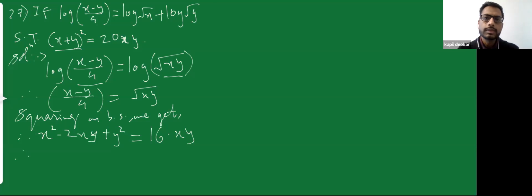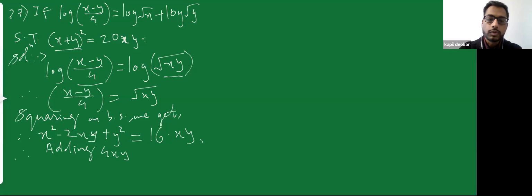So how can I get plus 2xy? I will add 4xy. Another way you can think of this is, on your right hand side you are having 16xy. In your show that you want 20xy. So 4xy is less. So what you are going to do? You are going to add